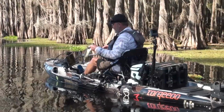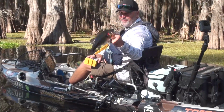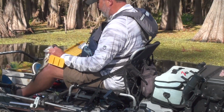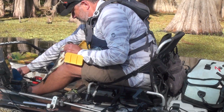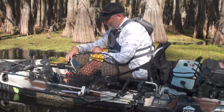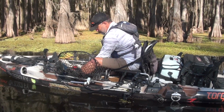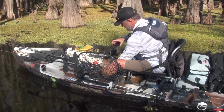So for KBF this year at the National Championship, everybody needs to take a video of their fish. Once you catch one, the way I do it, and it works out pretty good: I set my fish down in the bottom of the boat here. I'll just pretend like this is a big one, because it could be. I put my net up just like that, and then I set my board down,